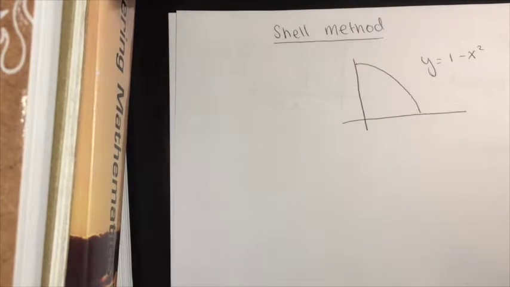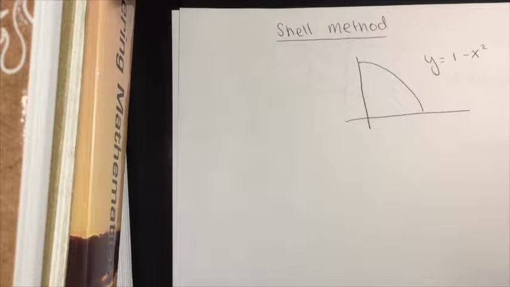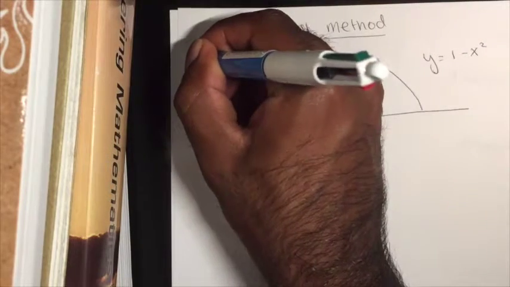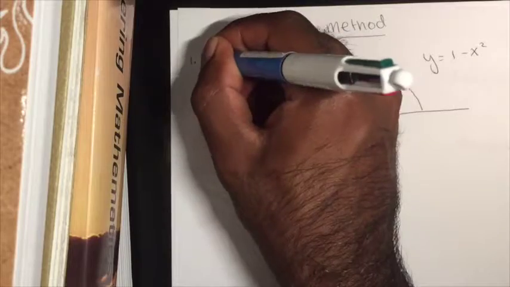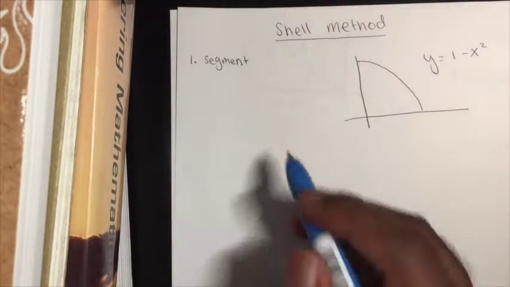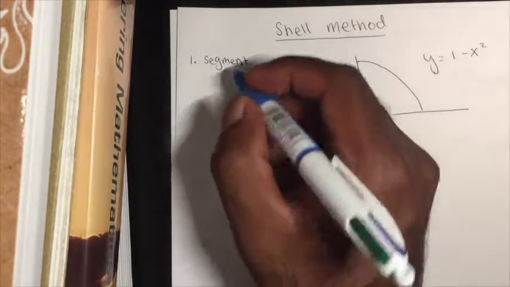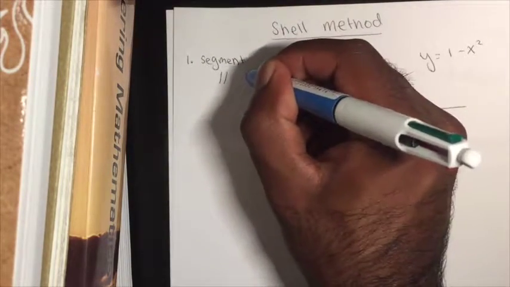Hi guys, I'm going to explain how to use the shell method in order to find the volume of a function that is being rotated around an axis. Now the shell method is very similar to the disk method with only a slight few changes. First of all, just like the disk method, we will choose a segment. That's our first step. Now, unlike the disk method, the segment that we're choosing will be parallel to the axis